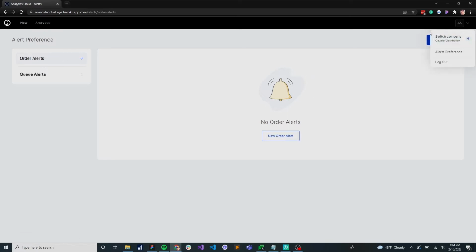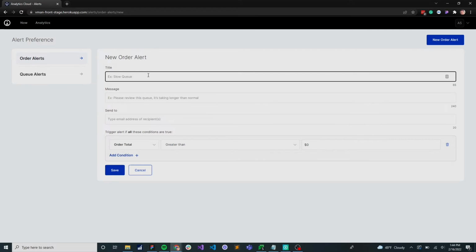In order to get here, all you have to do is click the top, click Alerts, Alert Preferences, and you'll land on this page. Once you are here, you can create a new alert. All you have to do is define the alert. So let's go ahead and create an alert for Cavallo